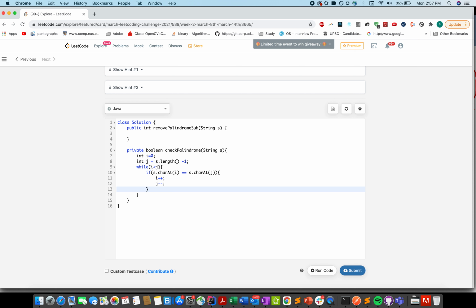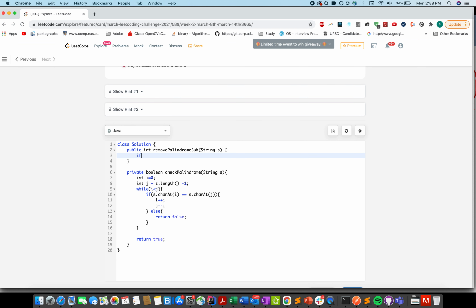And whenever there's an inequality case, you return false from your method. Once we are done with the complete iteration, we are at the middle element. We know that it is palindromic now, and we return true.